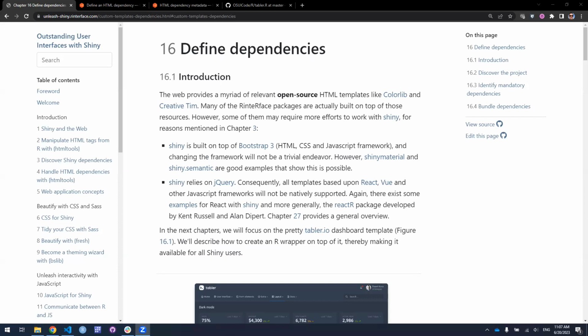Another fact is that there are a large number of other libraries that web developers use to make really nice interfaces, and we could use those for Shiny. But the process is not trivial, and so this whole section, as I understand it, is dedicated to helping a